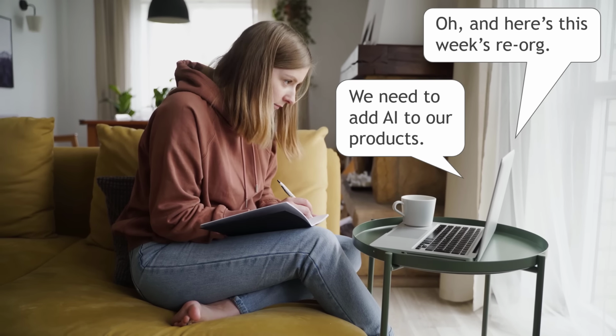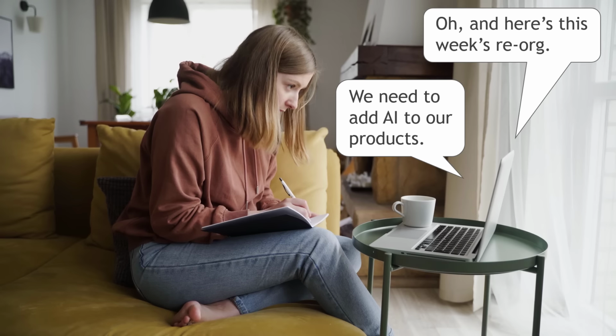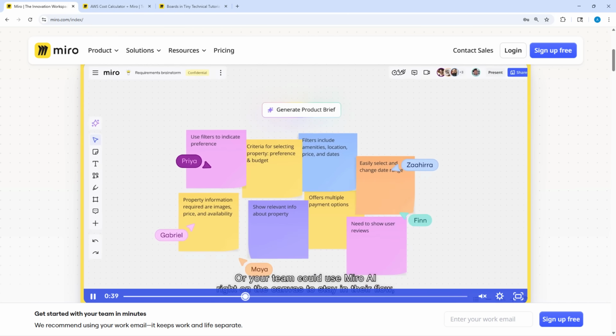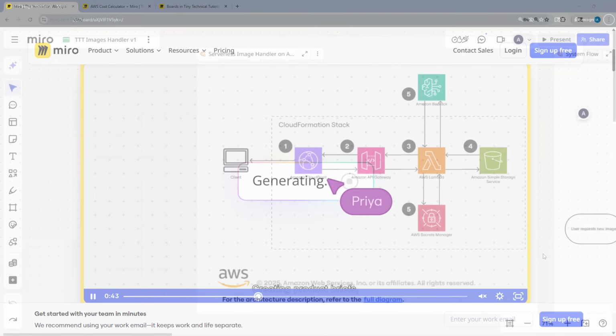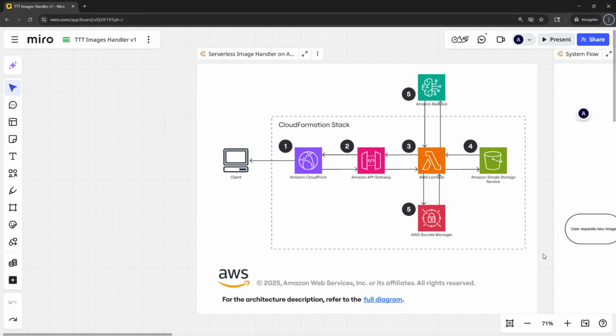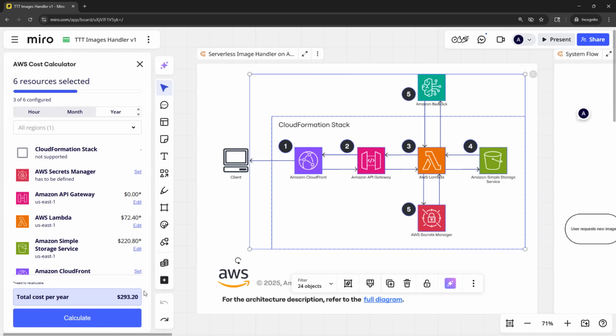It's a lot, and I can't fix everything for you. But Miro can take a big chunk of that chaos off of your plate, and that's what we're going to cover in this video. I'll show you how to create diagrams specifically for AWS, how to estimate AWS costs from